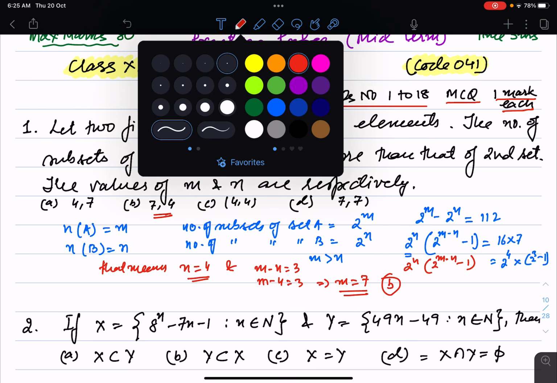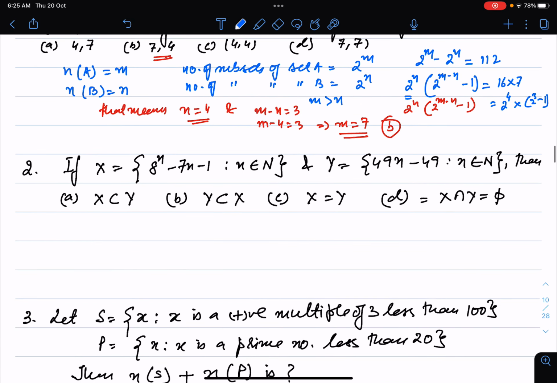Now coming to the second question. It says, if X is equal to {8^n minus 7n minus 1 such that n belongs to capital N}, where capital N stands for natural numbers, and another set Y is equal to {49(n minus 1) such that n belongs to capital N}. Then